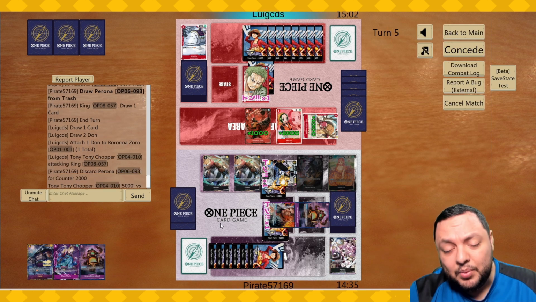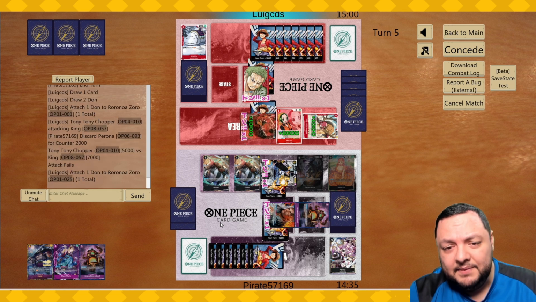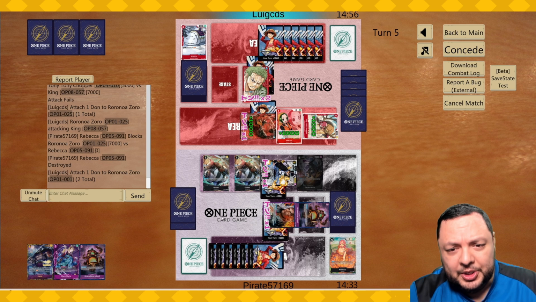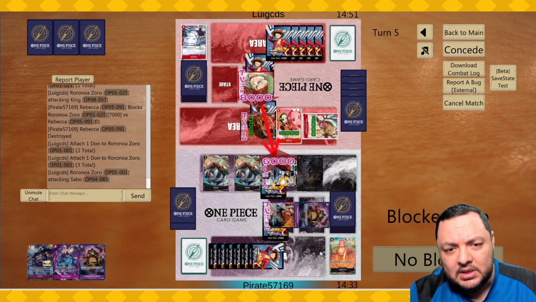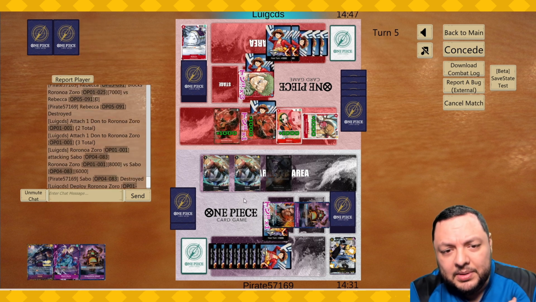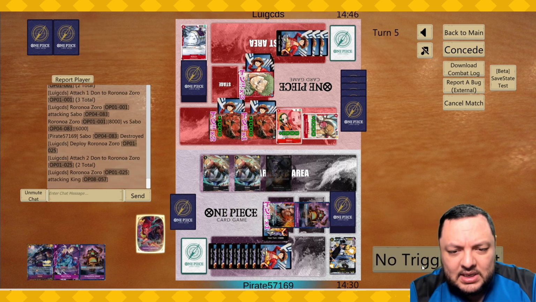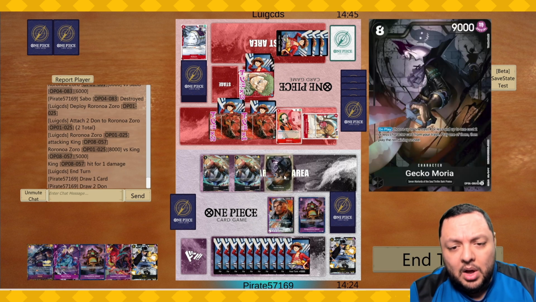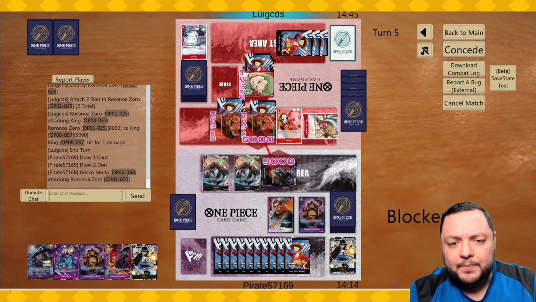I have to be able to remove his whole board because even if he keeps the Makino on, it's gonna be a problem for sure. This is attacking for 7, 8 into the Sabo. Okay, well, it's not terrible, but it's not the best. Attacks for 8 here. Alright, so I have 2 blockers that I can play at least. So options we do have, and